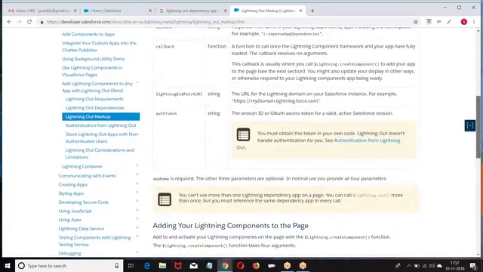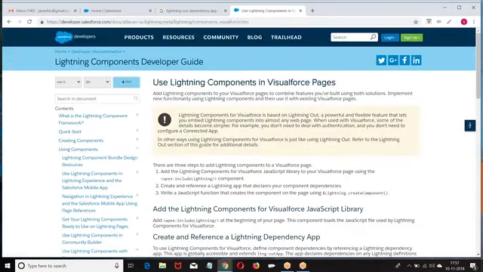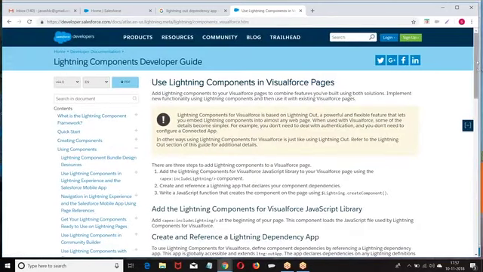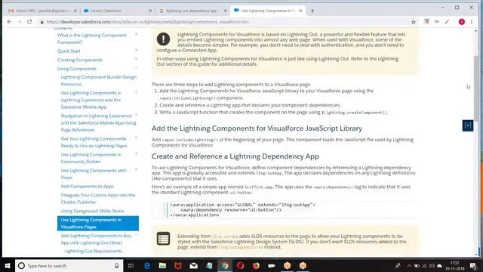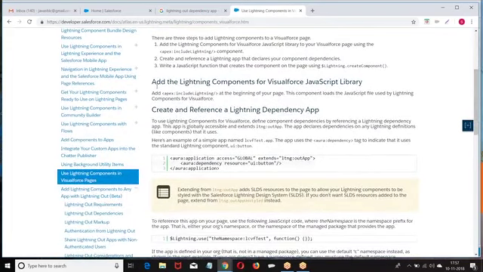I think the notes are not available here. Let me show from my... yeah. Now we have the points here. Look at the point. So if you want to create, we are supposed to go with Apex include Lightning.